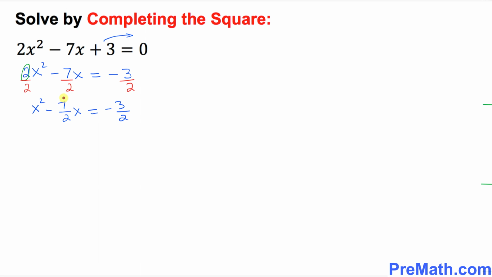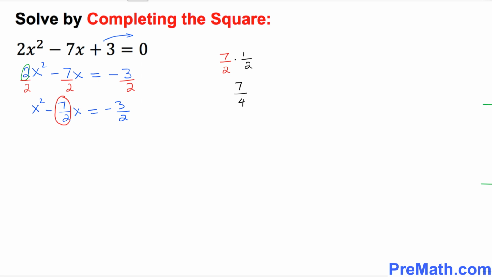Now our next step, I want you to look at the coefficient of x over here. I want you to just circle this part, 7 over 2. Don't worry about the negative sign, just 7 over 2. Write it down somewhere here, 7 over 2, and then multiply this by 1 over 2. So dividing is the same as dividing by 2. This is simply going to give us 7 on the top divided by 2 times 2, which is 4.